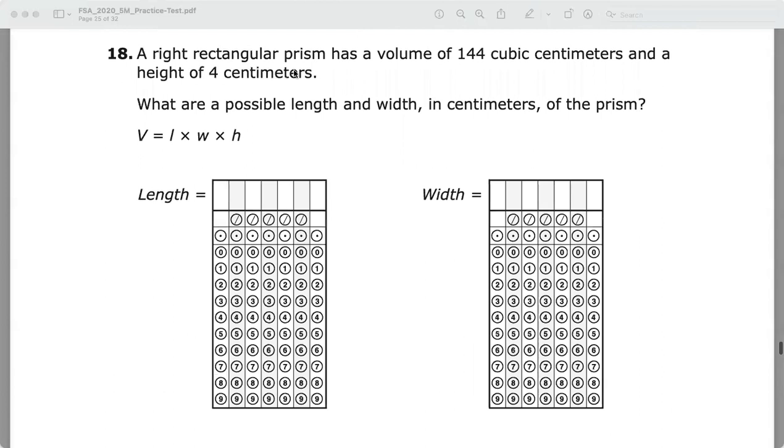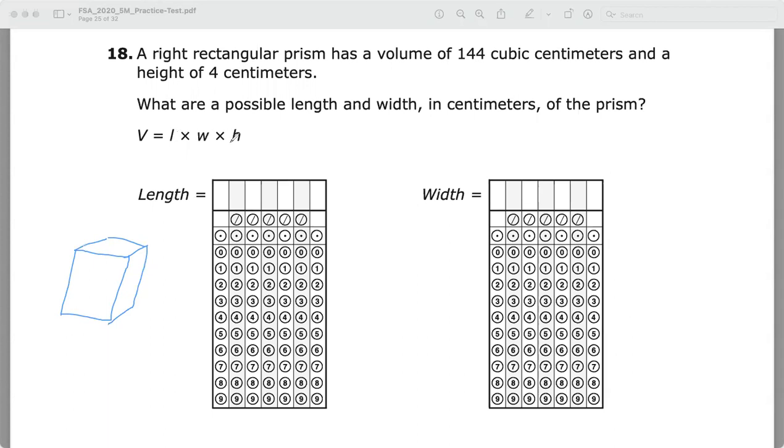A right rectangular prism, a box. Like what is a right rectangular prism? It's a box. So think of like a cereal box or a crooked box like I'm drawing. It's a box. Okay. So a right rectangular prism has a volume of 144, and the volume is length times